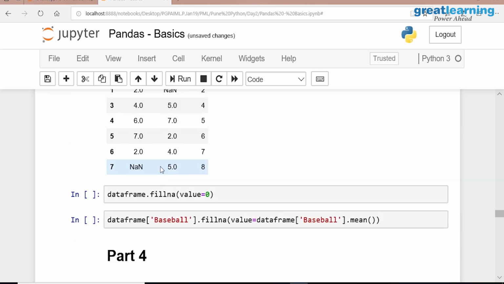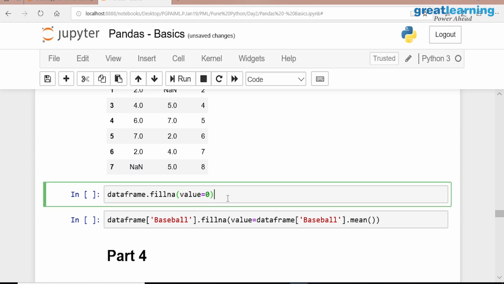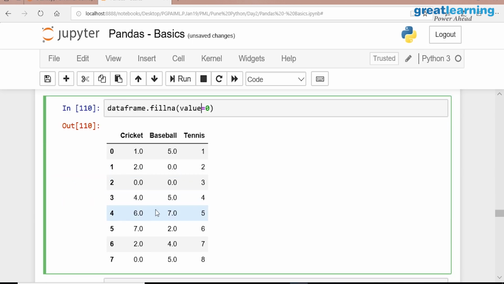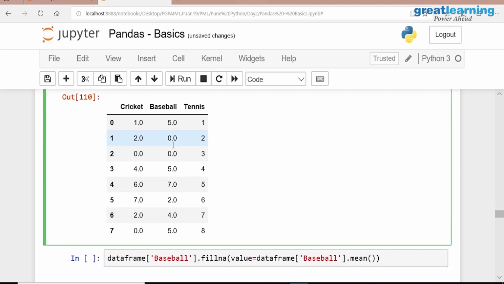Usually you will not drop. What you will do, you will fill the value. Correct? If you drop, you are losing data, correct? What you do, you will fill the values. You will ask business, hey, this value is missing. What should I do now? Business says, okay, sorry, I have given incorrect data to you. Just fill this with some X value. So if you want to fill with some value, I can say fillna equal to 0. Then wherever missing values are there, it has updated with 0.